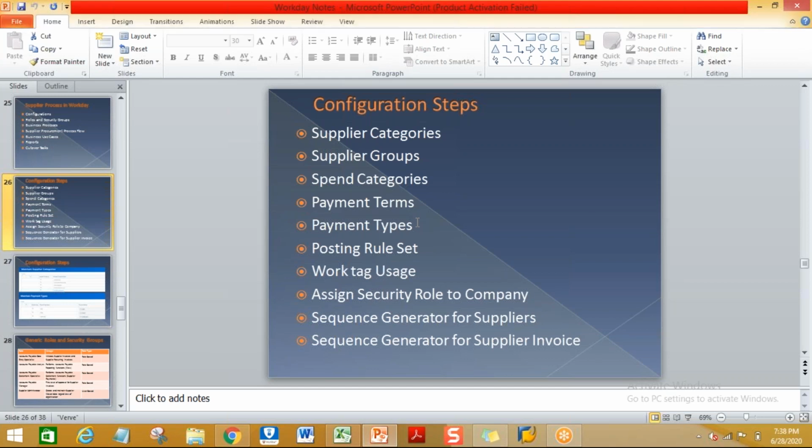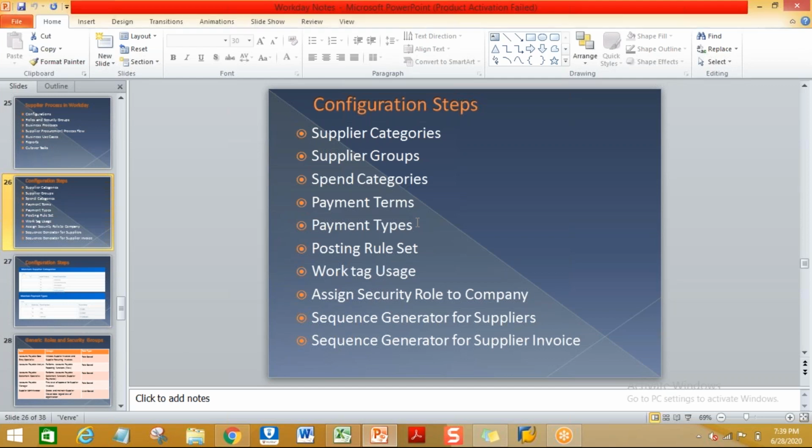Check, cash, check, online payment, credit card, debit card. These payment types will also depend on the country's payment structures. If you see in India, most of the payment type is check. If you go to other countries like the US, they mostly use ACH payments and wire payments. In Singapore, mostly they use Giro payments. Australia, Giro payments. In China, ACH payments.